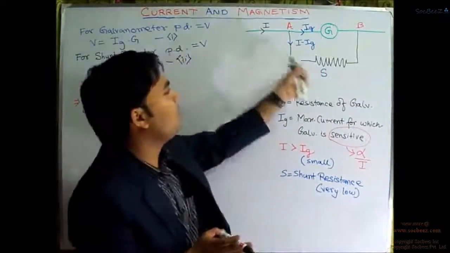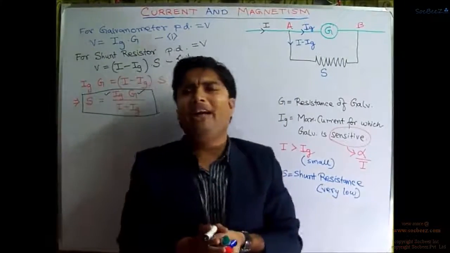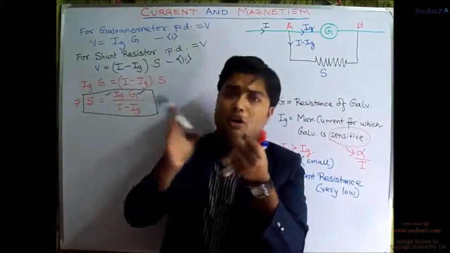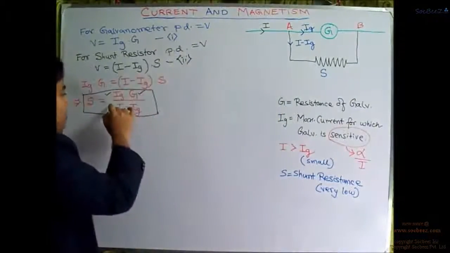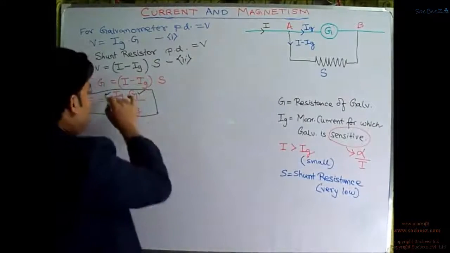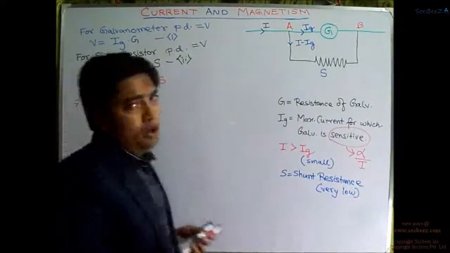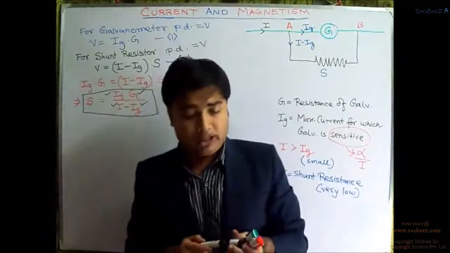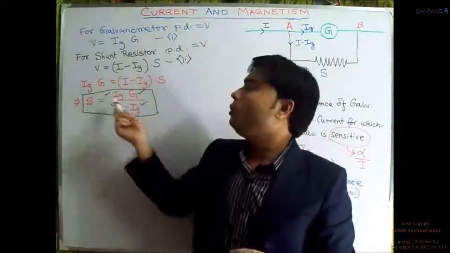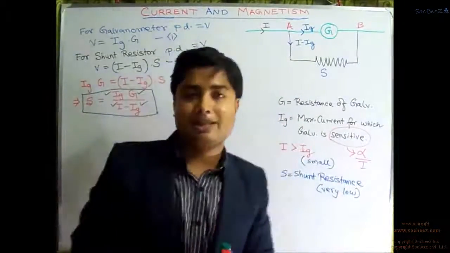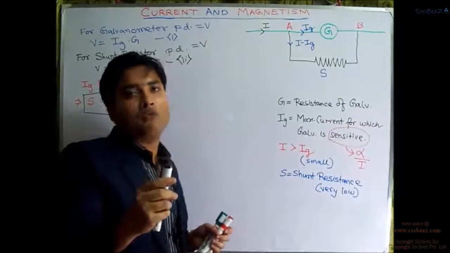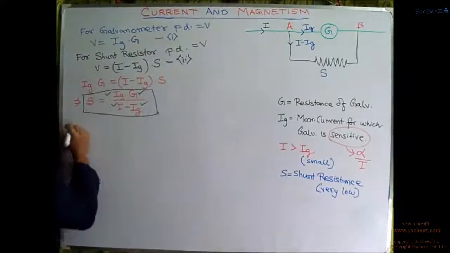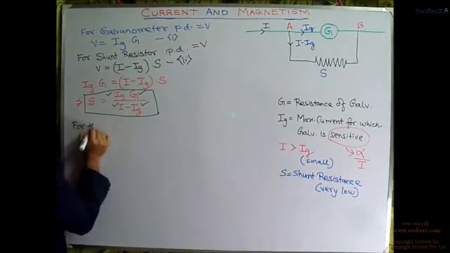Because for a certain apparatus we have devised, we need a device which could measure from 0 ampere till 100 ampere. So I value will be 100 ampere and Ig again we know the value. So we know the values of everything in the expression on the right hand side. So putting these values in this term, we should get the amount of S. And for this S,